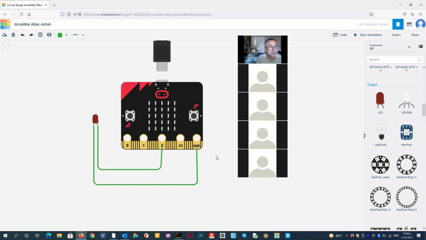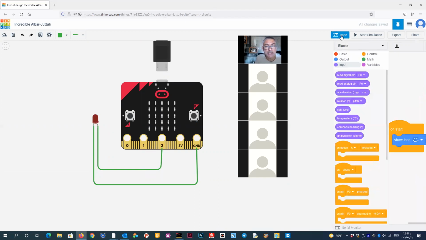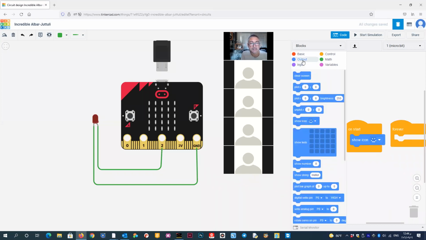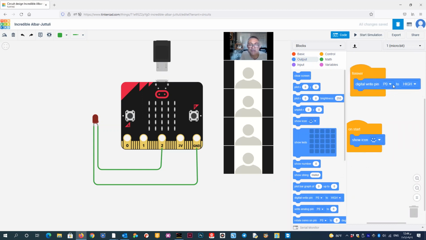Okay, and once this external LED is linked to the microbit, I can go here to the coding section and select... I have to remember, since for 2 months I did not work on the software. So digital write pin, I link it to 2, high, then